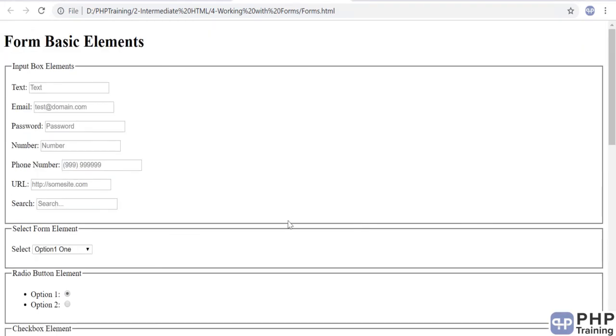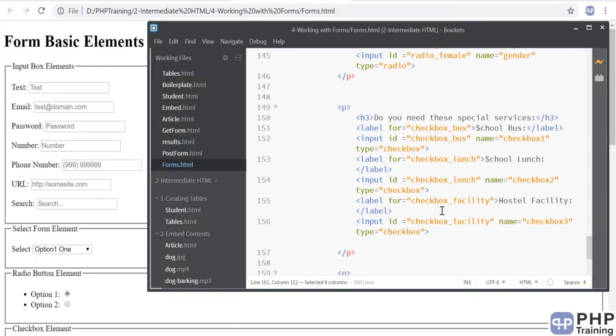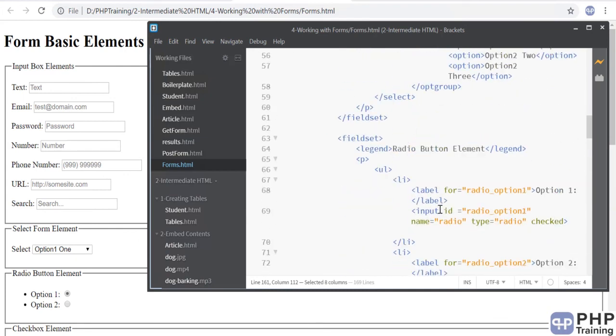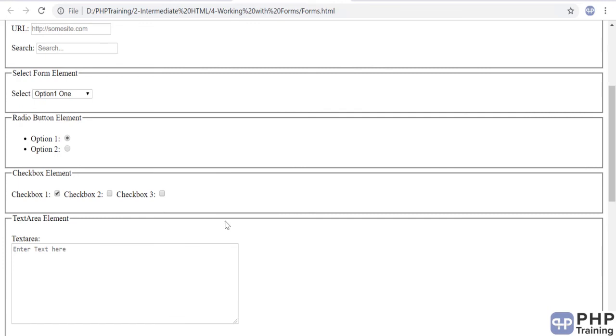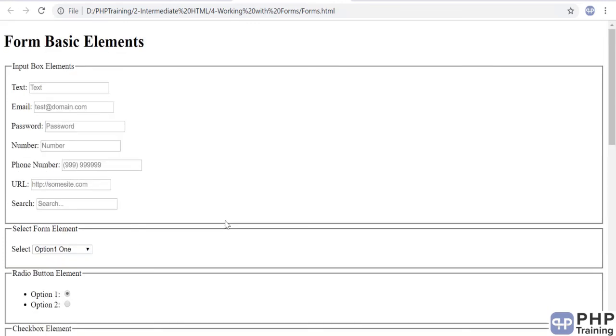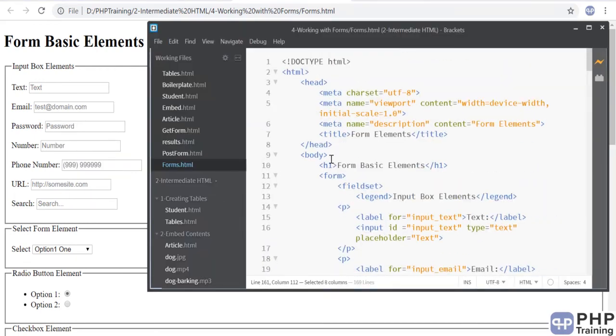So those are the elements of a form. You can have a look at the code here. I've written all the elements here, so you can have a look, and then you can create your own form. Try to create a contact form. That's your next exercise, and try to use some of the elements here. You can create a survey form, maybe an employee form, a sign up form, or a login form, but try to use these elements and embed them inside a form. Try to create a fieldset, a legend, and put a label and different types of inputs that are available for you.